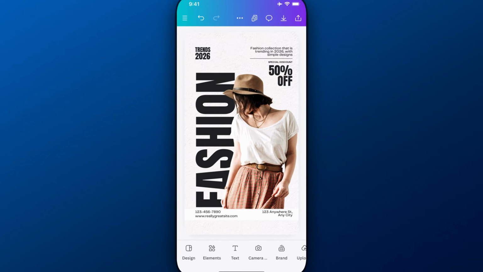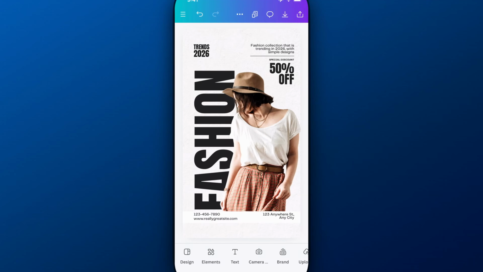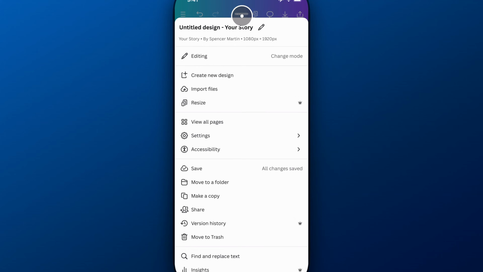So your projects will have been auto-saved when you make design changes, and Canva keeps those versions dating back pretty far, even days. To access the version history, we're going to go up to the top of our screen and click on the three dots, and then all the way down, we're going to see version history. Now this is a Canva Pro feature, so you'll have to have Canva Pro